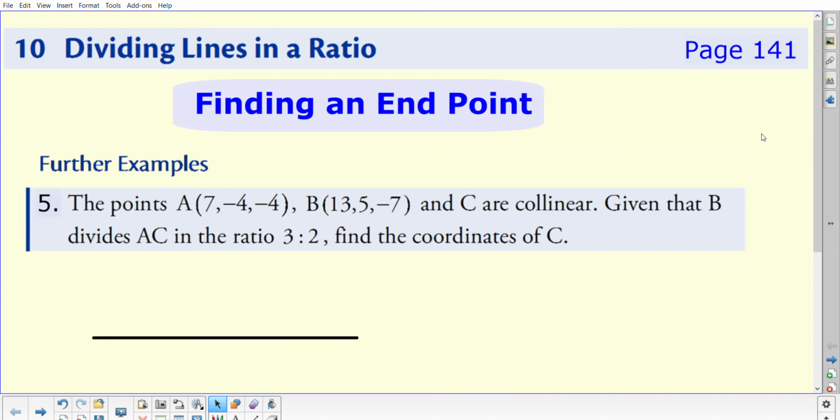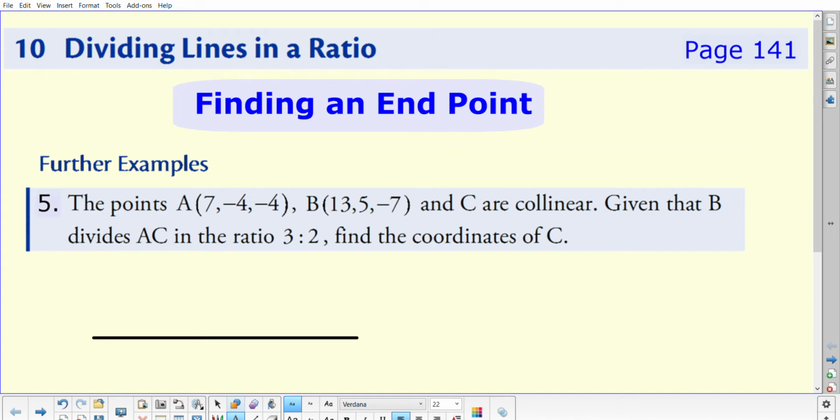So this example in your notes page 141 continues working with dividing a line in a given ratio. However, this time, instead of having to work out the point that's between the two endpoints, you're having to actually work out one of the endpoints. So we've been told that we've got 3 points A, B and C which are collinear, and